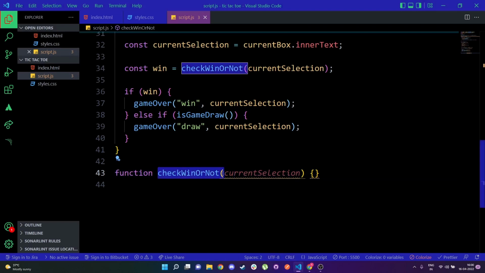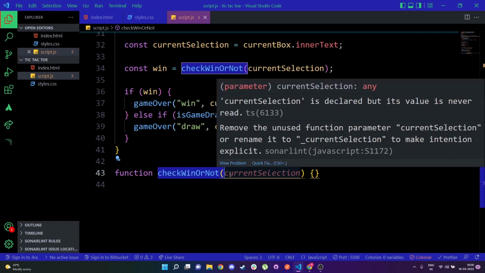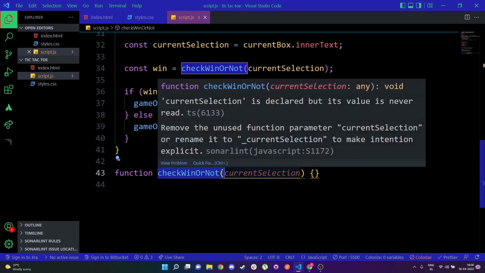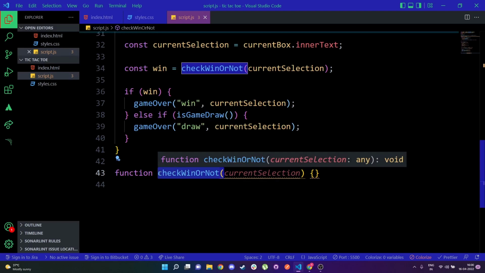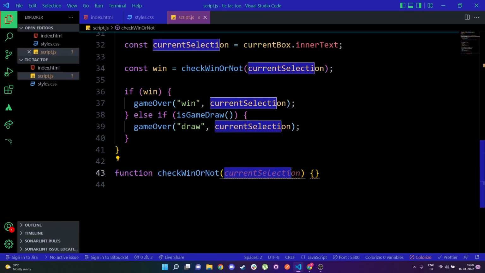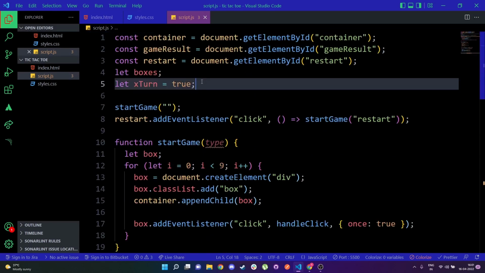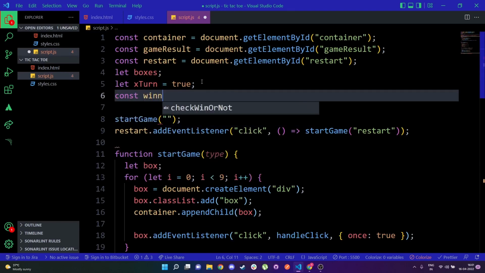then in check win or not, we will be traversing through all those winning combinations, and then for each winning combination we will loop through those combinations and see if those indexes of the combination have the same current selection, and the current selection is nothing but the X or O. So what I'm talking about right now is, I'm going to go on top, I'm going to make a variable winning, let's just call it winning combinations,